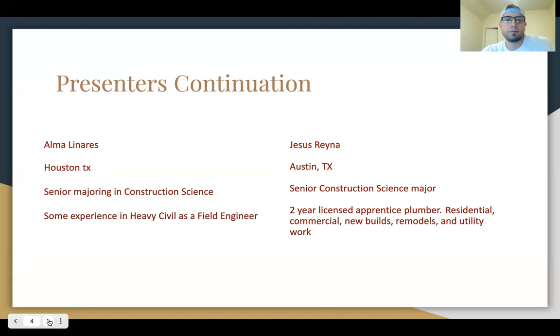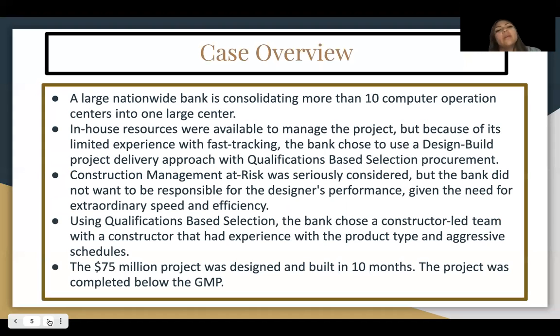Next slide. For the case overview, we have a large nationwide bank consolidating more than 10 computer operations centers into one large center. In-house resources were available to manage the project, but because of its limited experience with fast tracking, the bank chose to use a design build project delivery approach with